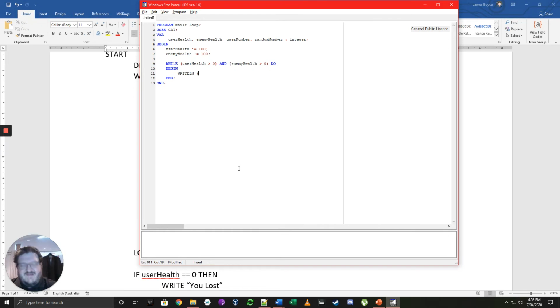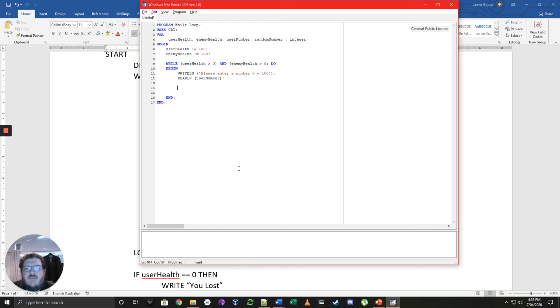So we are writing a line. Please enter a number. And then we will read line. And we will read in whatever the user number is. Now we haven't decided what our numbers are going to be, but we're going to actually expand this out. So we're going to enter a number between 0 and 100. We're going to make this a little bit bigger than we did last time. So we ask the user to please enter a number between 0 and 100,